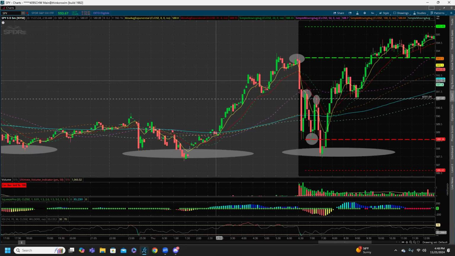Yeah. So if you prepare the night before, you have, okay, I know this demand is about 588, 587. That's a massive demand, right? 589, right? That was the original level that we have been talking about all week. That's been a bounce level, which we did bounce initially, those first two bounces. Just having all that available to you instead of just trying to take a trade and then not really having any